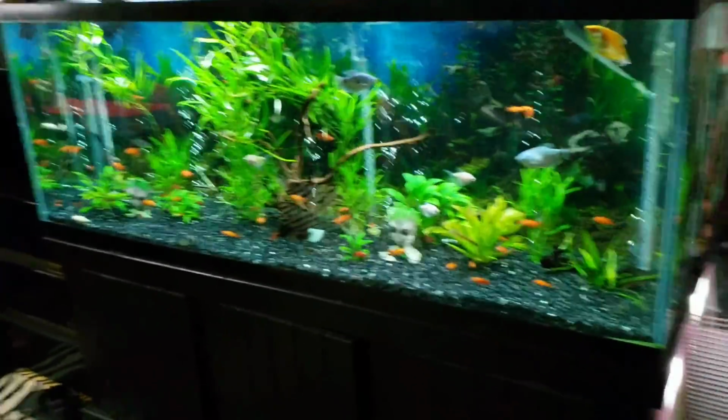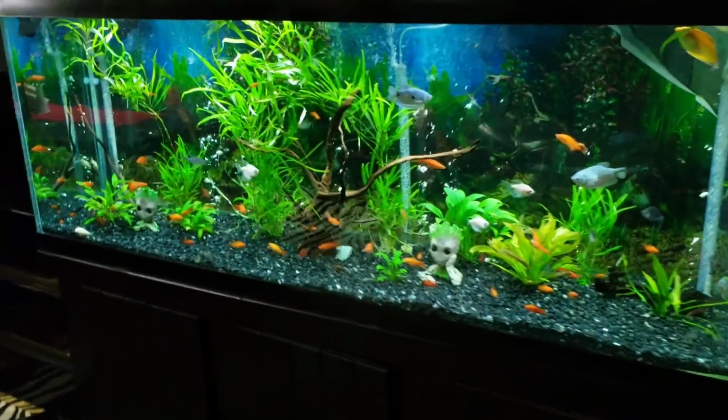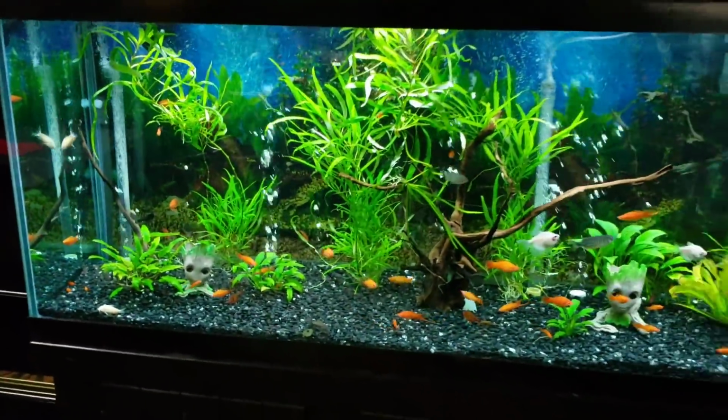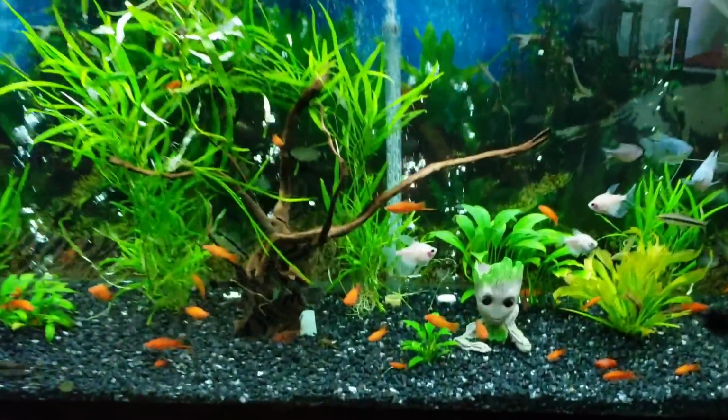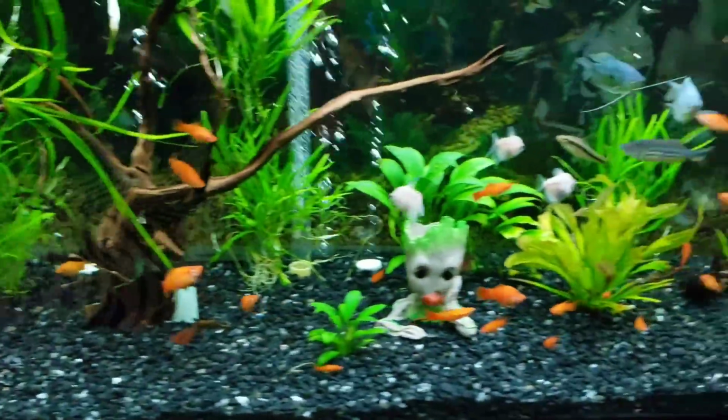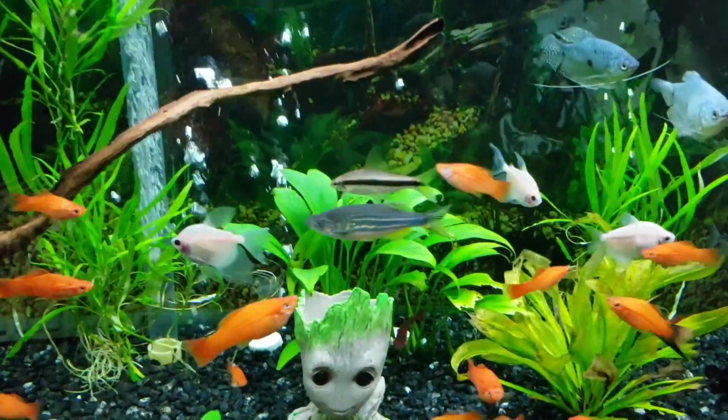So when you get in here, this is our 150 gallon tank. This is our only planted tank at the rescue, and this is our community tank. As you can see, we have a bunch of tetras, we have swordtails, there's some platies in here, some rosaline sharks, we've got